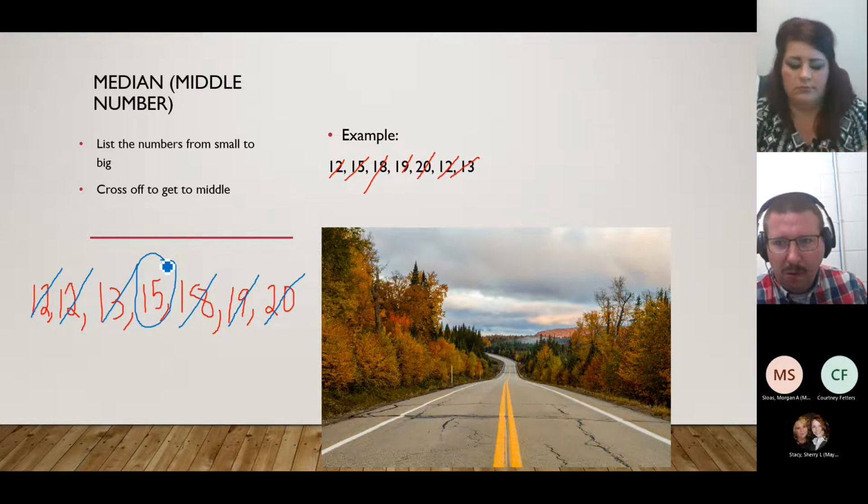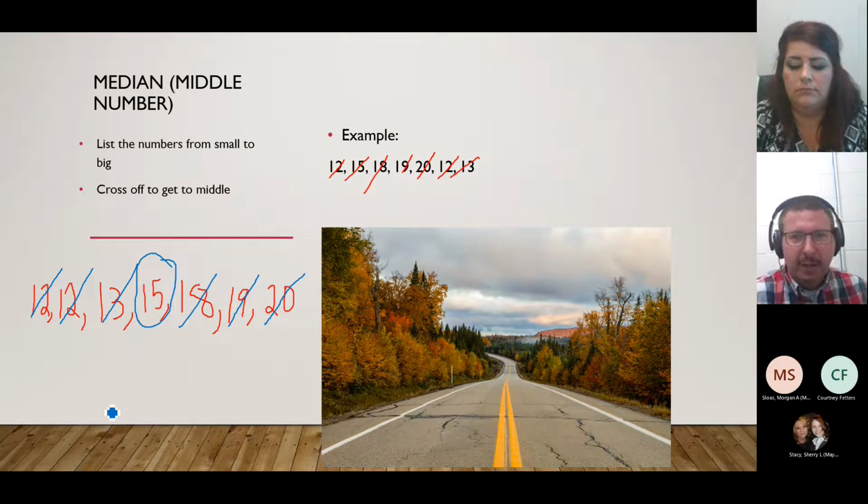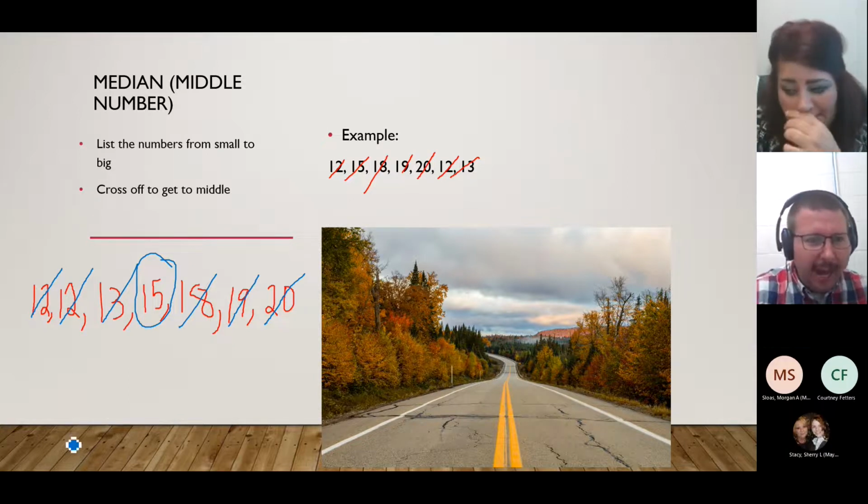Okay. So that's how you find the median. You have to list the numbers from small to big and then cross off to get to the middle. And you keep on going down. Think kind of like whittling. You keep whittling down until you get to one in the middle. However,